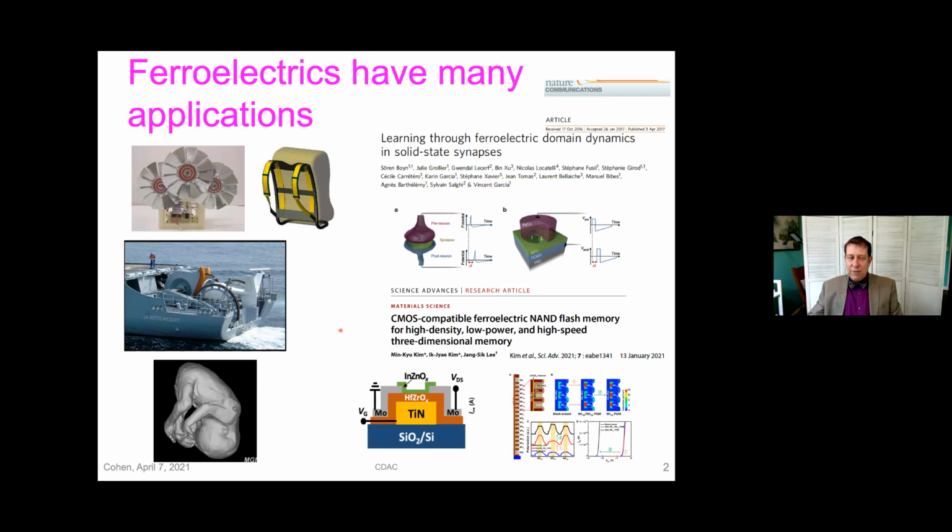Another area, which of course is of tremendous interest, is in electronics. And ferroelectrics have now been found, such as hafnia, which are compatible with silicon electronics. And people are now building three-dimensional non-volatile memories that will have 10 to 100 to 1,000 times the speed of conventional computer memory, and 10 times smaller, and possible to build three-dimensional networks of these rather than just two-dimensional. So that's really going to change the world also.